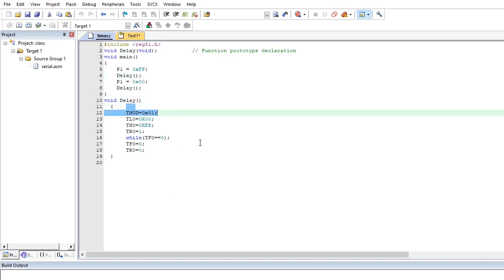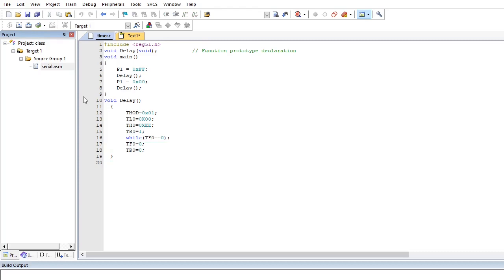Here the timer mode and the respective timer is selected, your registers are loaded, and you start your timer. You keep on checking the status of the overflow flag. While this condition becomes true, it will come back. So we are clearing the overflow flag and we are clearing the timers.